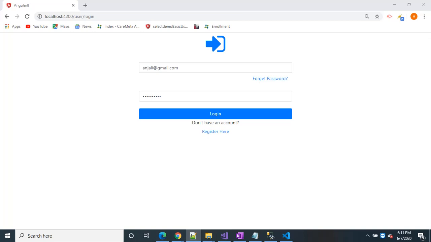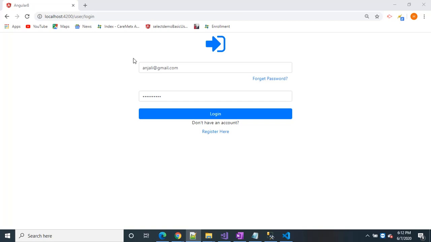We will see how to create login, registration, confirm email, my profile, change password, forget password, and role based access. These are the common functionality in any application when you start any project from scratch. Let's see all the functionality one by one.